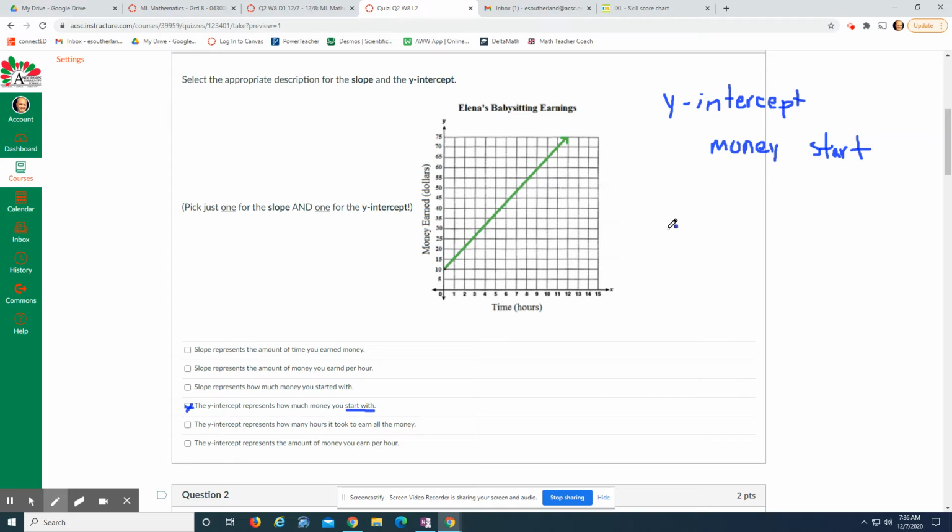Now, slope always means, this is going to be weird, title of the Y per title of the X. Because if you think about it, slope is rise over run. And so y always represents your rise, and your x always represents your run. Slope means rise over run. And so therefore, for this one, it literally means money